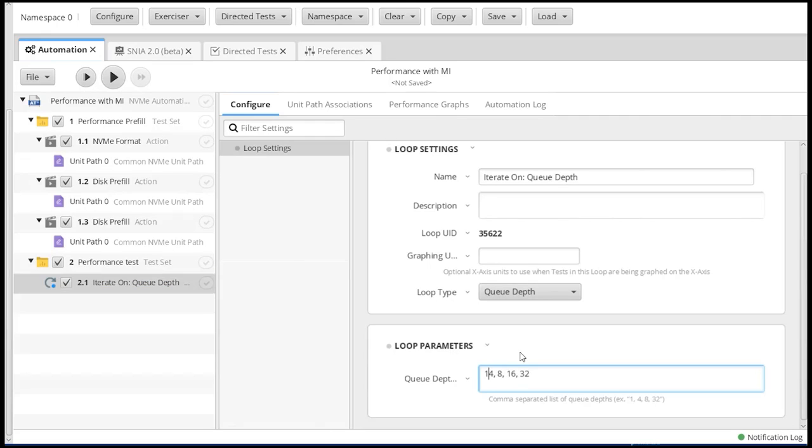And in this case, I'm going to do 4, 8, 16, 32, 64, and 128. Remember, one key thing on Q depths is whatever Q depth I have, my Q size has to be 1 greater. So when I set my Q size, I set it at 129 so that I could run a Q depth of 128 in this particular test.